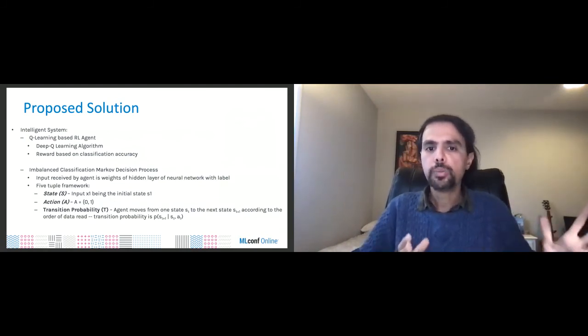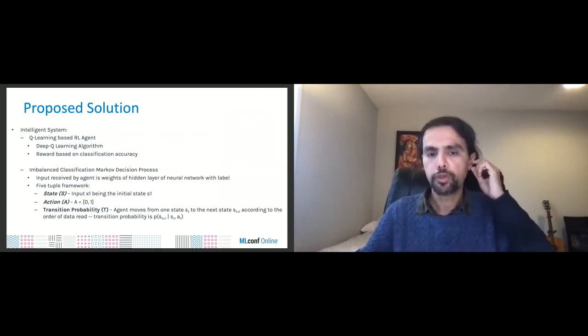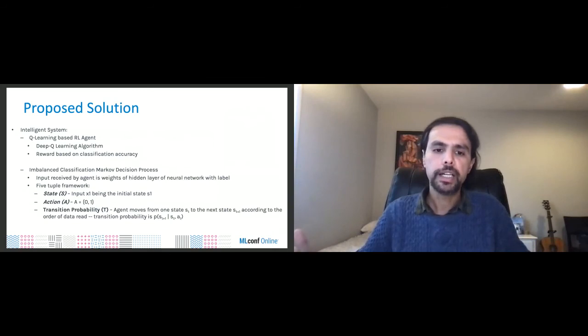Now, these are the two parts of the phase system. The third part of the system is really where we bring in reinforcement learning. So here the idea is to design an intelligent system that learns to detect fraudulent transactions efficiently using this cascade. Now with the Q-learning here, we have an activation function, which is learning a sigmoid with a deep Q-learning algorithm. So here the agent basically receives rewards depending on the accuracy of classification. It could be a positive reward if the transaction is correctly identified, more so if it is of high dollar value, otherwise it's a negative reward.